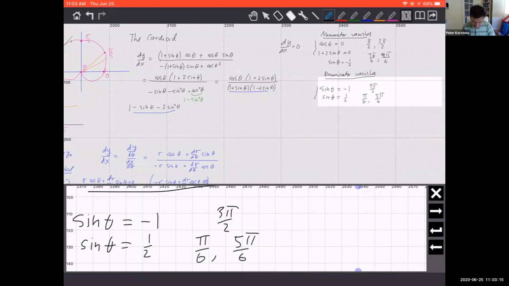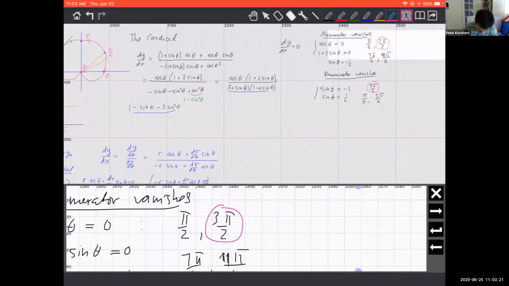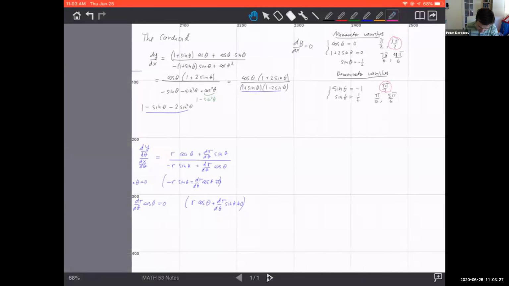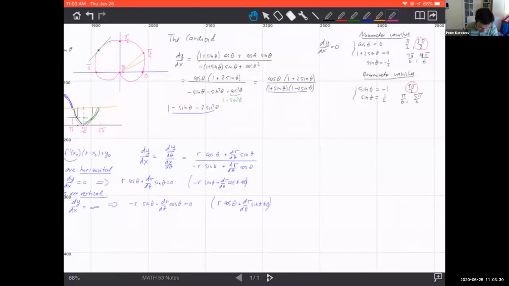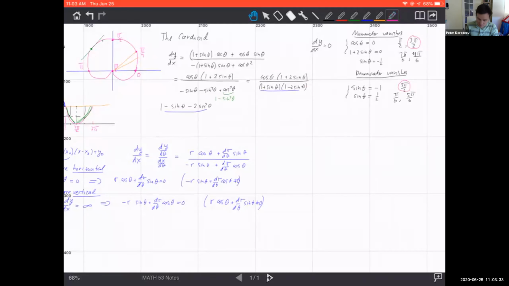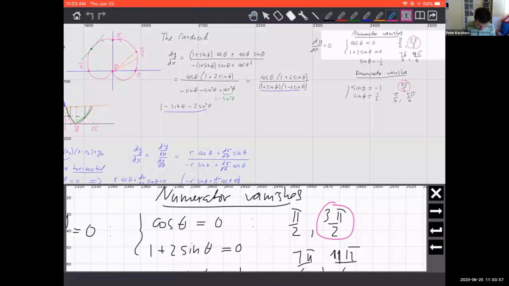Okay, so what do we see? We really need to be careful because 3 pi over 2 appears twice, right? At this value of the polar angle we have something interesting going on because we essentially have to use the L'Hopital rule, right? And it's not surprising because the point 3 pi over 2 is this interesting point at the origin, right? Presumably there's a cusp, at least that was the case when we talked about a cycloid, the different parametric curve. So let's talk about 3 pi over 2 in a second, but for now we can just plot